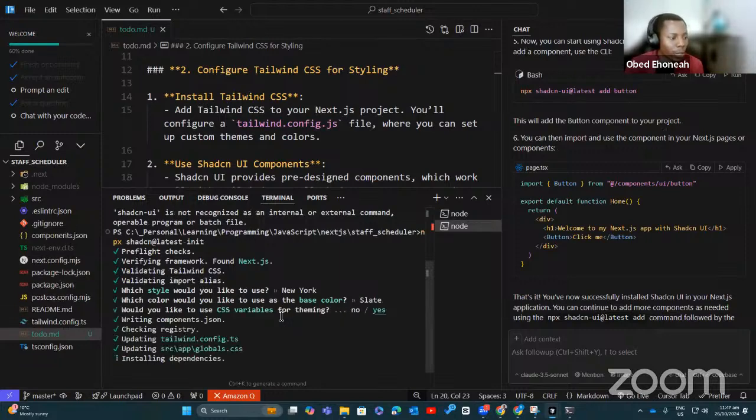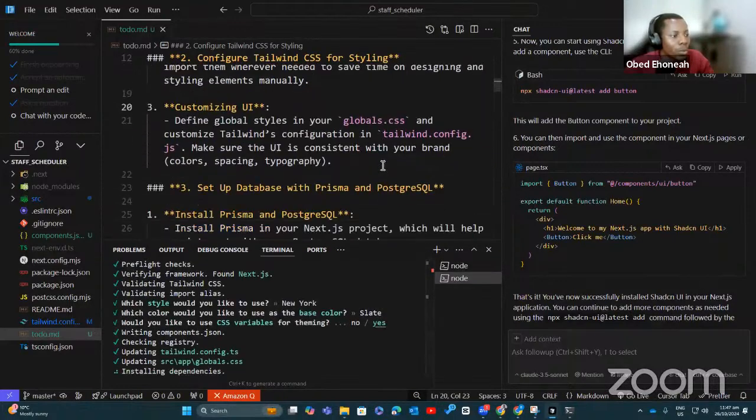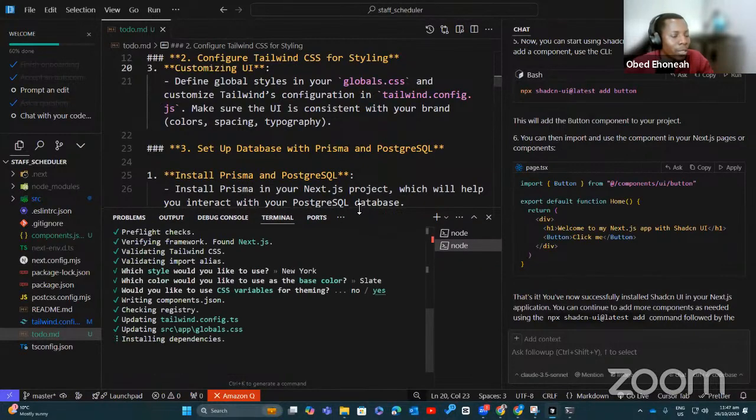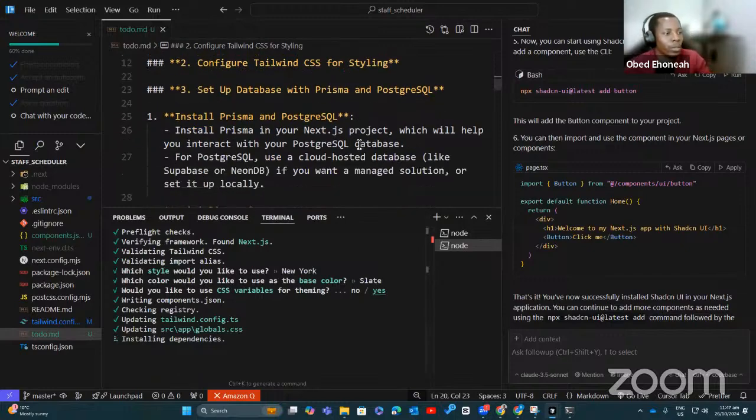CSS variables, yes. Installing the dependencies. Okay, then what next? ChatGPT says we should customize this. For now, we don't necessarily have to set up the database with Prisma and PostgreSQL.